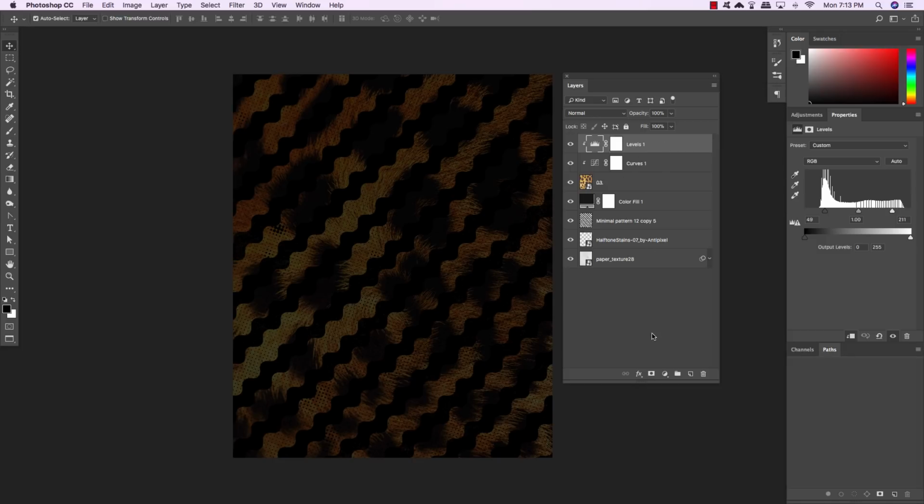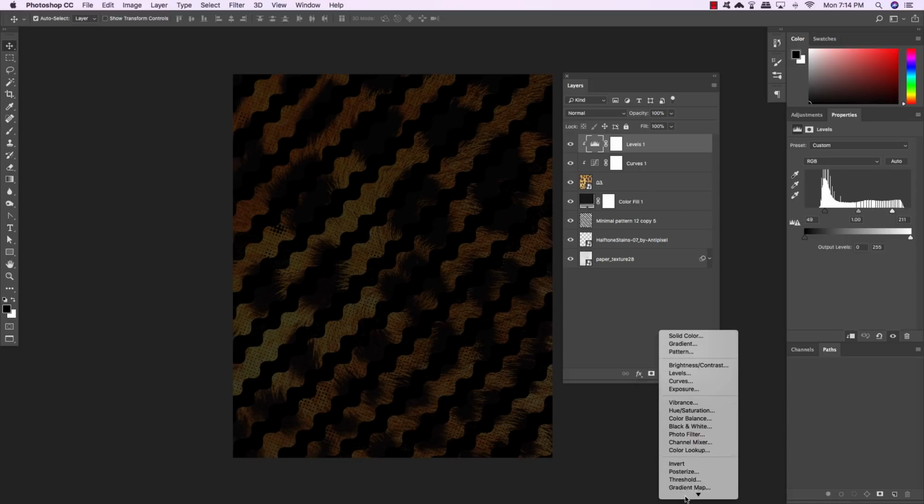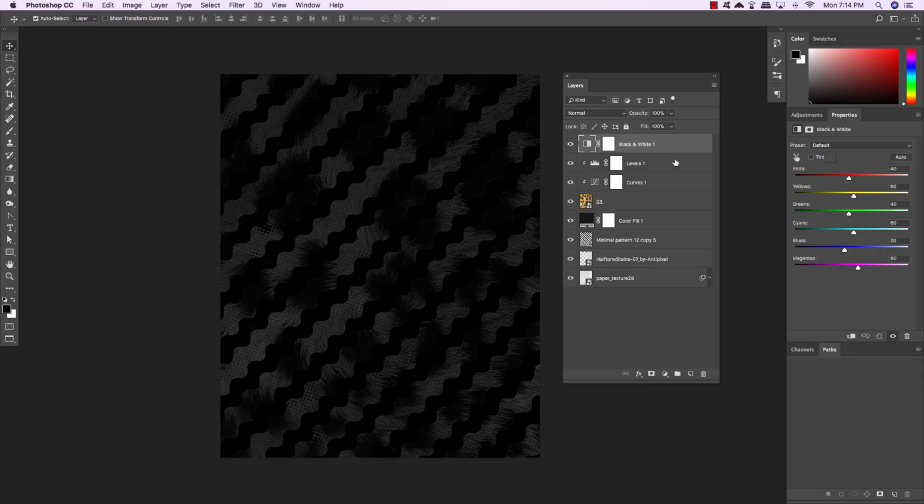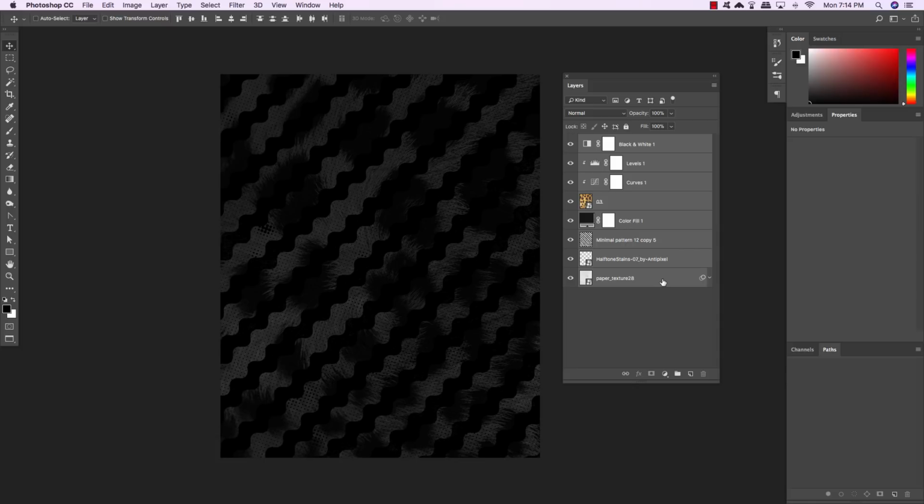But now what we want to do is make sure that we have our very top layer selected, come back down to the adjustment layer icon, this time without holding Alt, Option, and Shift, and we're going to add a black and white adjustment layer. So this one is going to affect everything below. We just want to make sure that we have a black and white adjustment layer on the very top. Now select that adjustment layer, hold the Shift key, and select the Paper Texture 28 Smart Object all the way on the bottom. Press Command-Control-G to put it into a group folder,